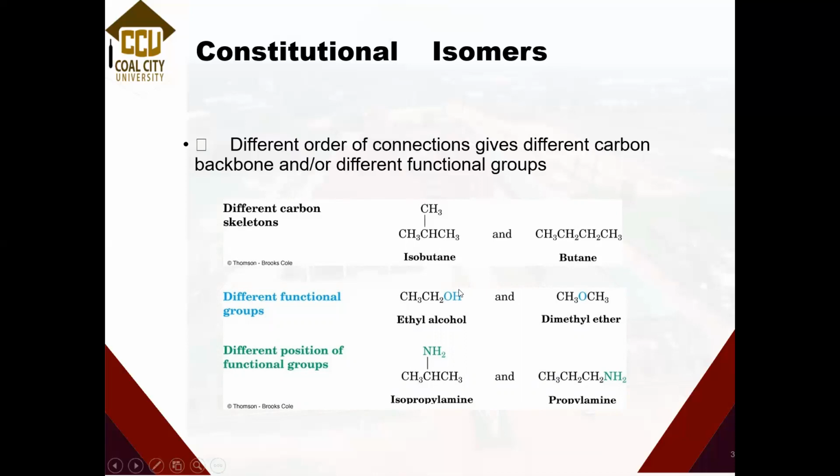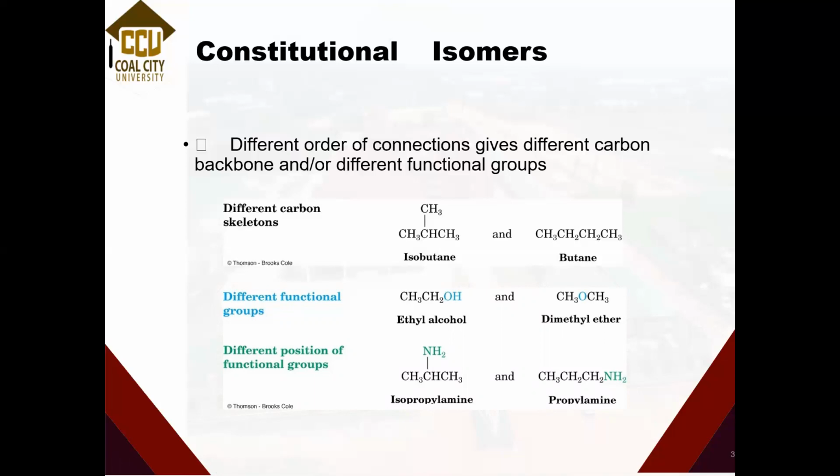That is C2H6O. You can also see the same C2H6O, but they are 2 different compounds entirely because they have different functional groups. So different position of functional groups is also another possibility, whereby we have the same functional group,